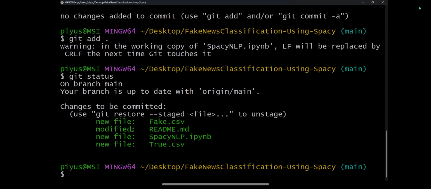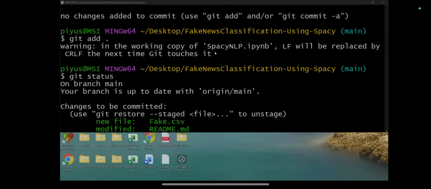Now what we need to do, we need to commit the changes. But before committing the changes, if you are using git for the first time, you need to run this particular command, git config --global user.name. User.name means what?